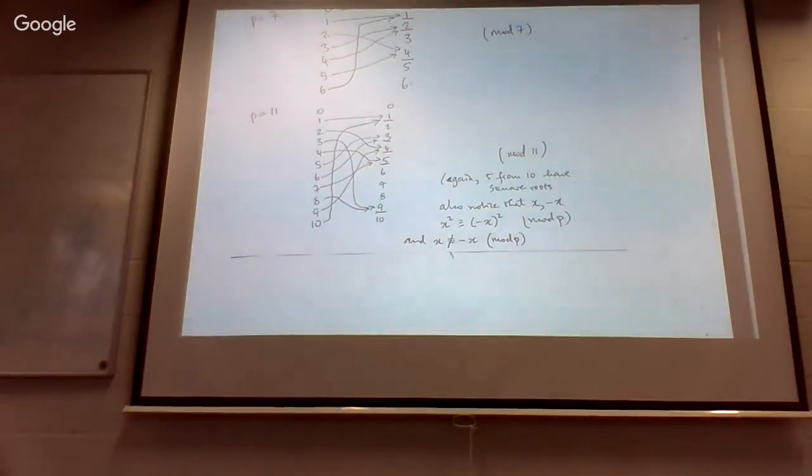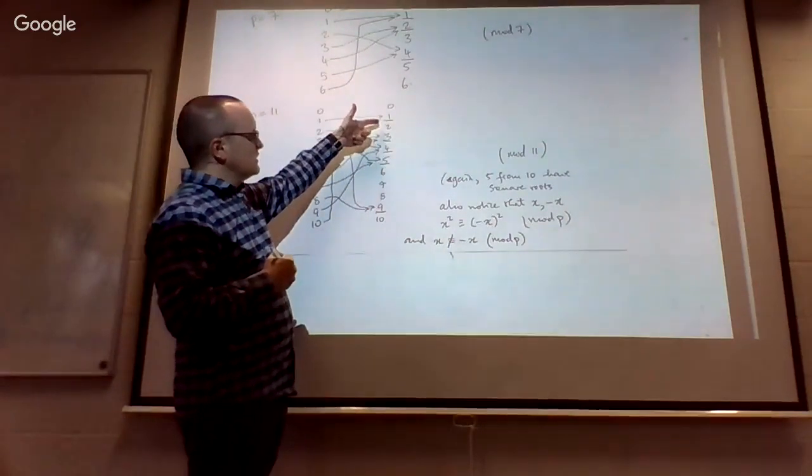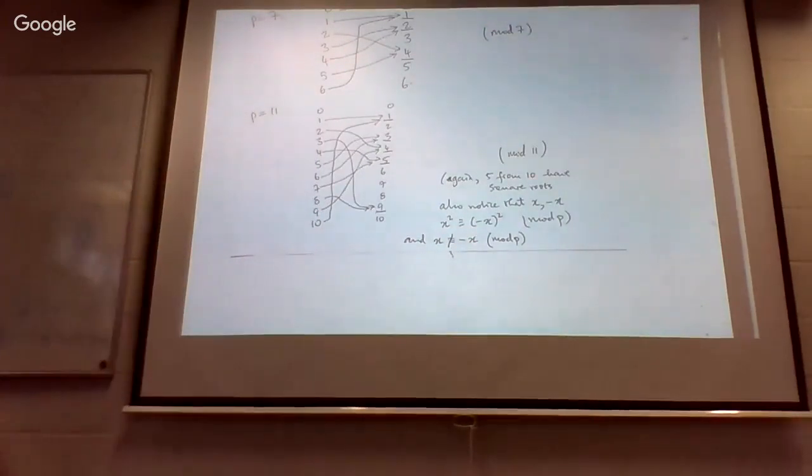Remember, if n is an even number, then n over 2 will be an integer, and then the negative of n over 2 will be the same congruence class, modulo n. So if something does have a square root, it will have at least 2 of them. And Lagrange's theorem